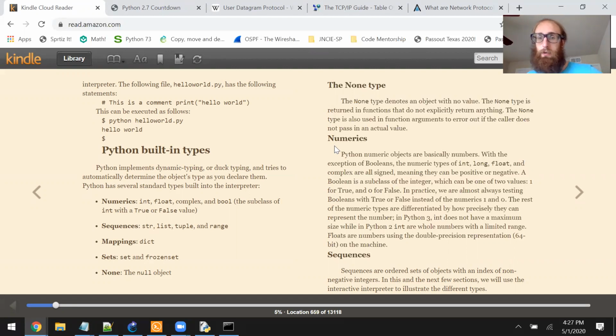A boolean is a subclass of the integer, which can be one of two values, 1 for true and 0 for false. In practice, we are almost always testing booleans with true or false instead of the numerics 1 and 0. The rest of the numeric types are differentiated by how precisely they can represent the number. In Python 3, int does not have a maximum size, while in Python 2, ints are whole numbers with a limited range. Floats are numbers using the double precision representation, 64-bit on the machine,